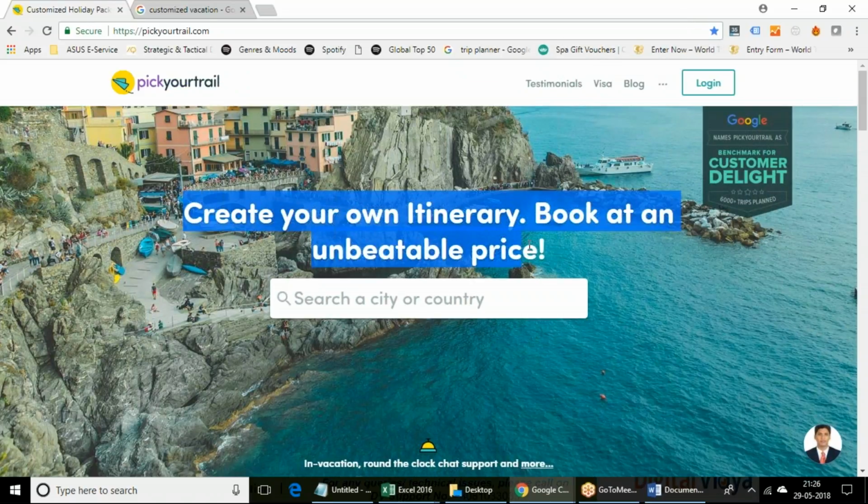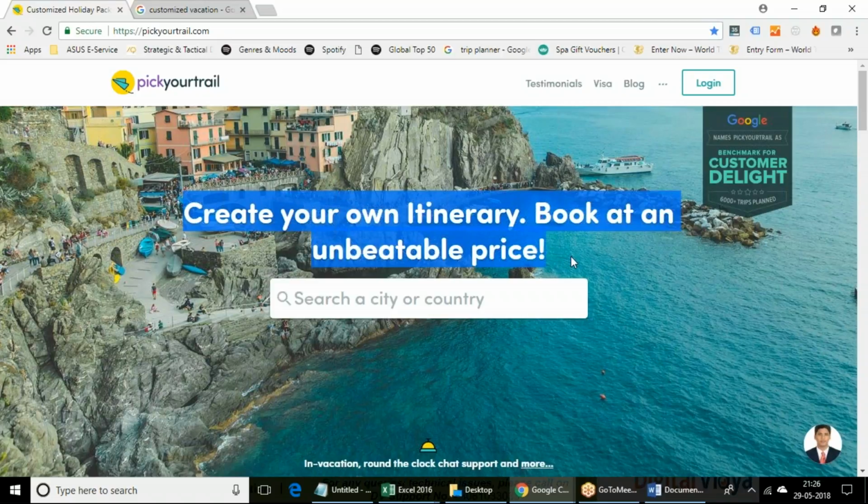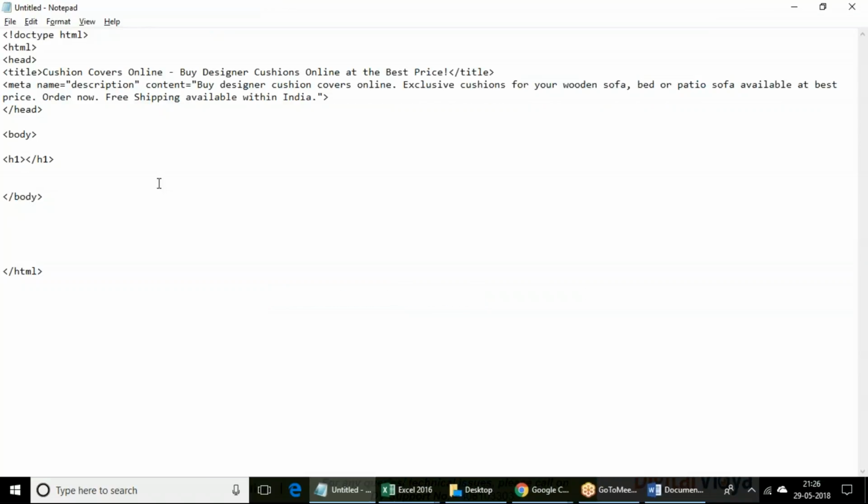This one? No, that is a logo. It is not a heading, it's a logo. It's an image. So if we leave this, because it is a logo, then this is supposed to be the main heading of the page. Am I right? Ideally this main heading should be added within the